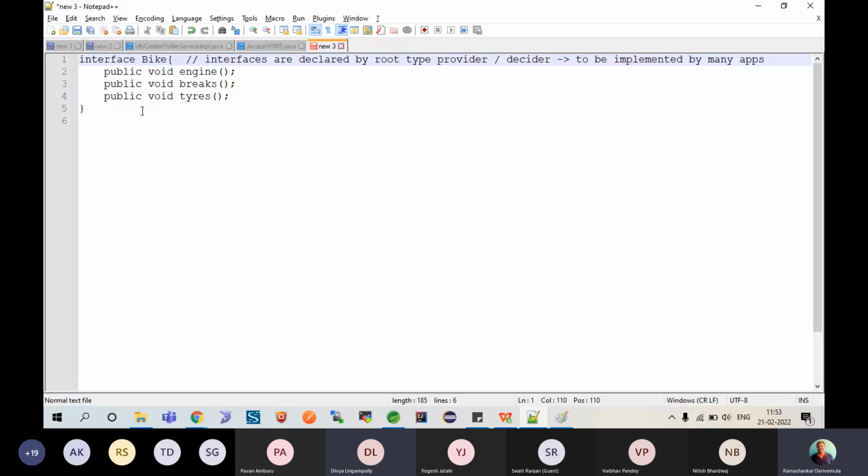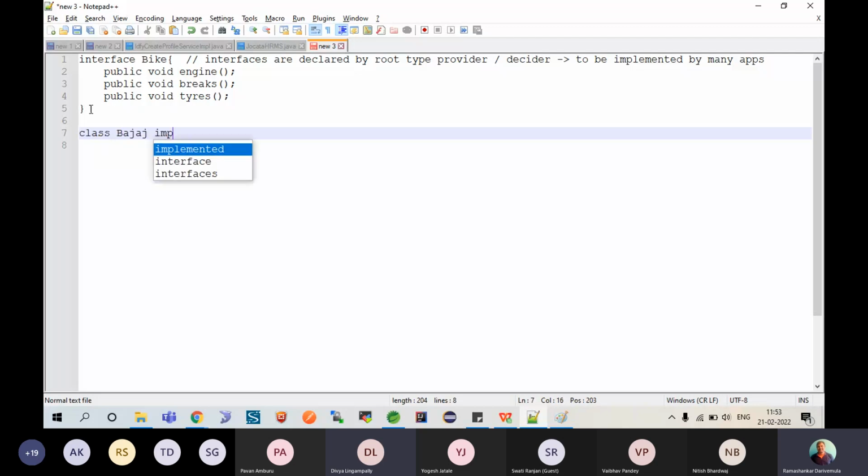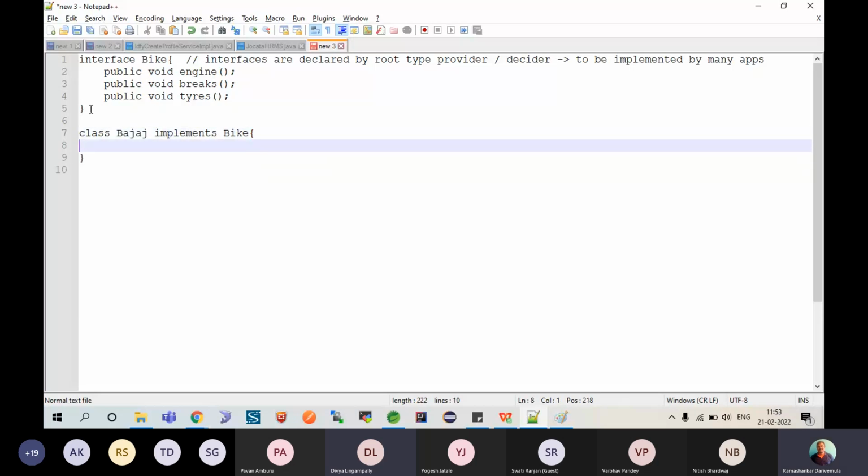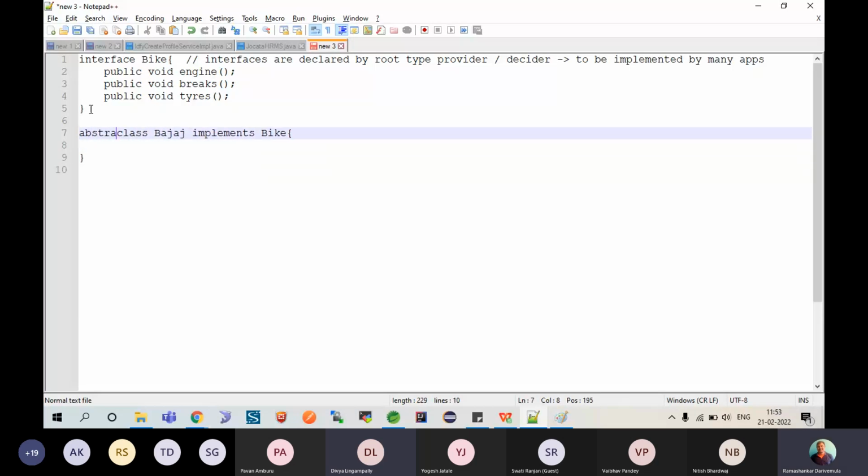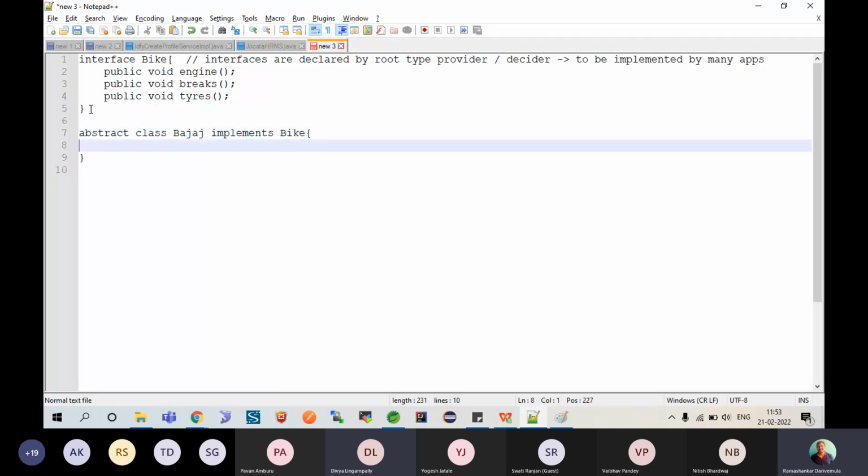Let's say this is an interface you have defined and given to the outside world, saying that anybody who implements these rules will be called a bike. Let's say this interface is taken by someone called Bajaj. Class Bajaj implements Bike. Now please understand, the Bajaj class is always an abstract one. Why is it abstract? Bajaj still has so many other kinds of bikes, right? Similarly, there could be another abstract class,